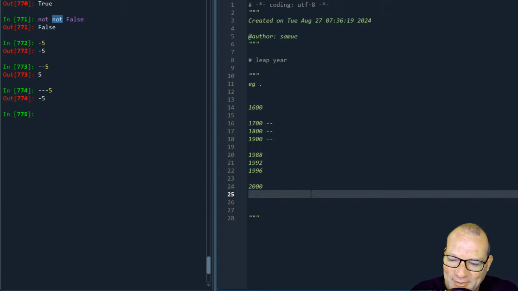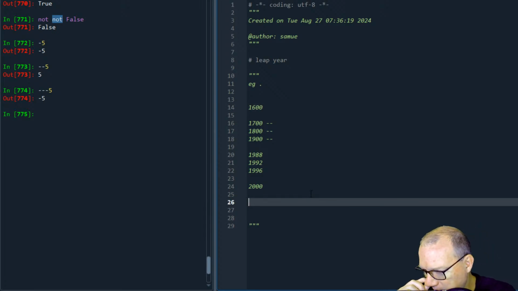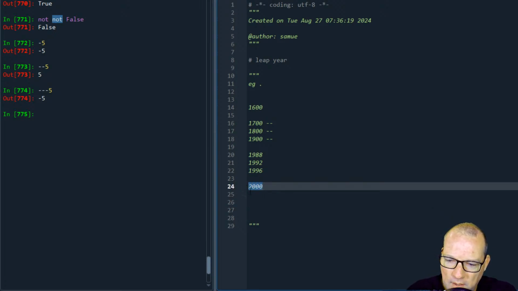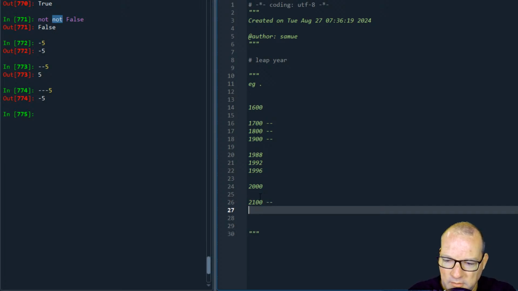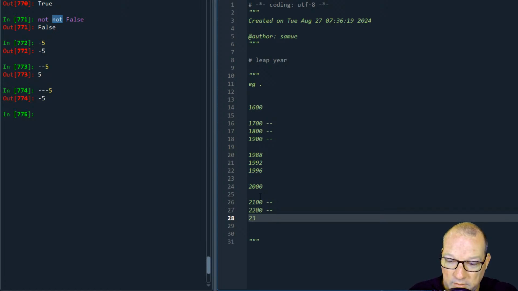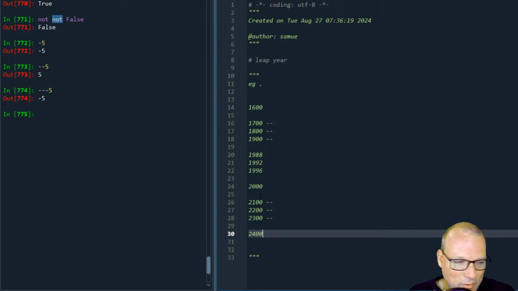So I told my kids, you guys were the first ones to have a century mark that is a leap year, because 2100 will not be a leap year. 2200 won't be a leap year. 2300 won't be a leap year, but 2400 will be. So, all right. If you're noticing this pattern,